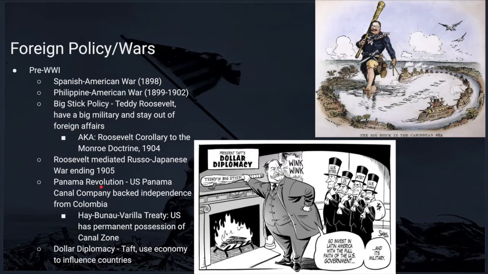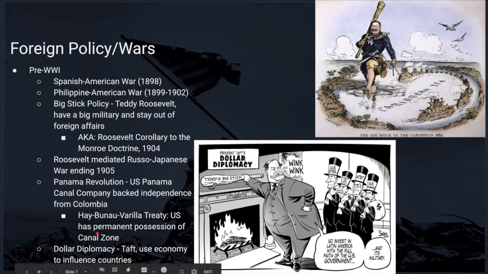Now we also have the Panama Revolution. Okay, if you've studied U.S. history past this point, this is going to sound very familiar. But the U.S. is going to back an independence movement in Panama. They're going to have a revolution against Colombia. And that is going to make Panama an independent country. Now, part of the deal with the U.S. backing this independence movement is this Hay-Bunau-Varilla Treaty, where the U.S. gets permanent possession of the Panama Canal Zone. So now the U.S. has building rights to build that very